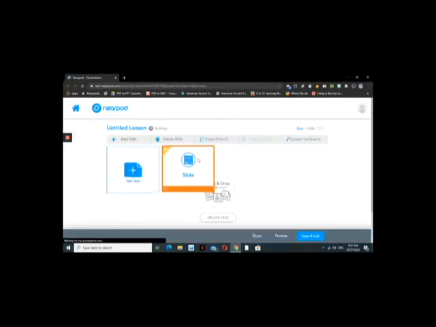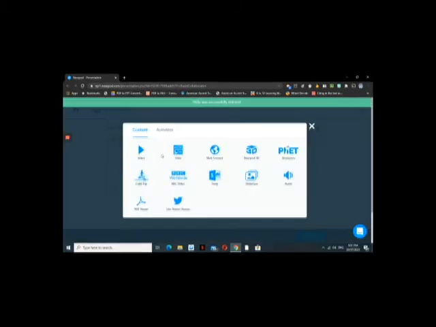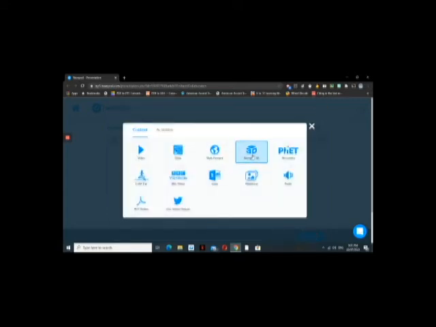Okay. So maybe we can just delete this one first because we try to focus on the slide first. Then web content, okay. For the web content, if you have the URL, then you can just put it here, then save. Another is we have a Nearpod 3D. So this one is very